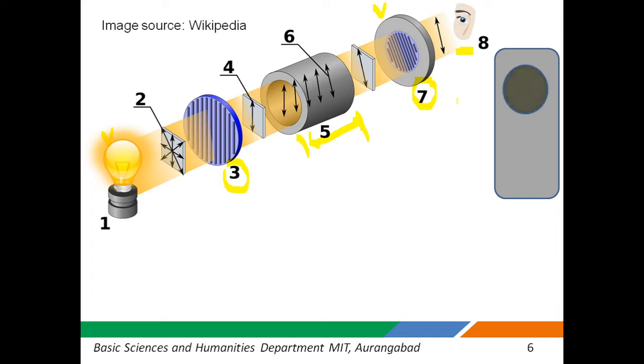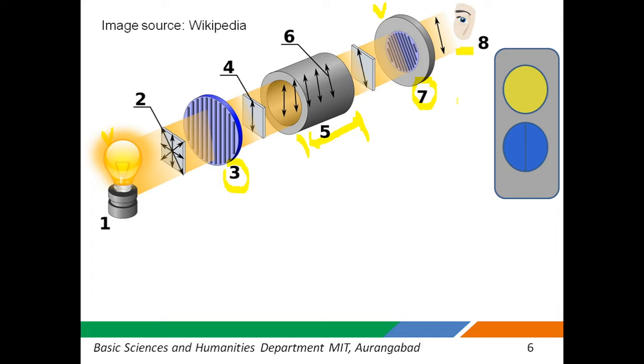So here you can see this is the situation without the half shade plate, and with the half shade plate we have two semicircles, and there is a reference whether the light of this semicircle is matching with the other semicircle or not. As you can see, these are the two positions where the light is equally bright or equally dark. You can see here that this semicircle has a diminished intensity, and we can have a reference for the other. So this is the role of the half shade plate in the working of this Lorentz half shade polarimeter.